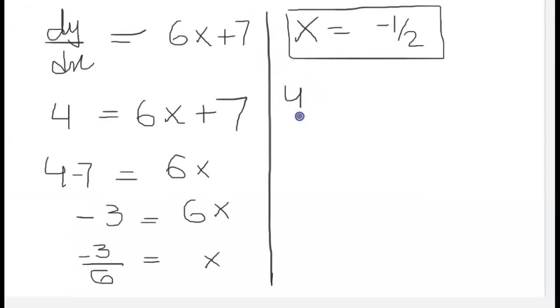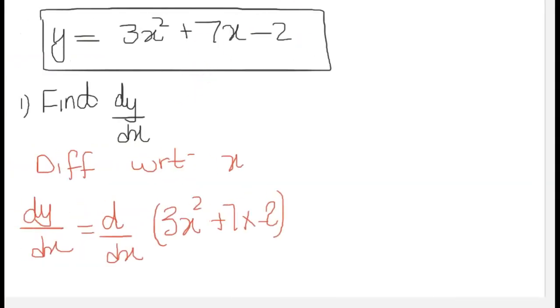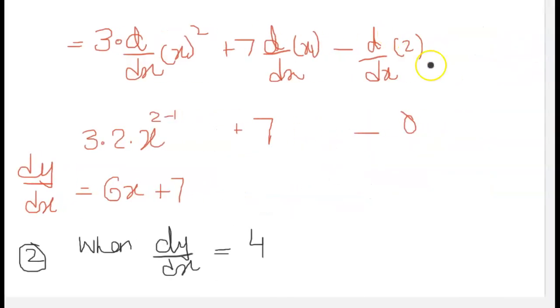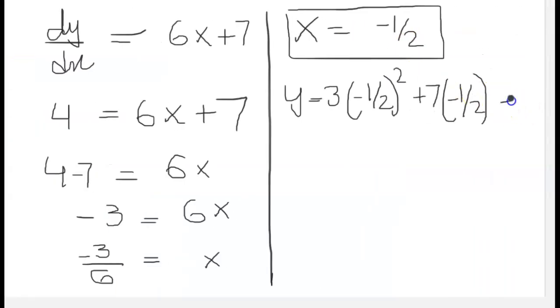So you put y equals 3 times minus half squared, plus 7 times minus half, and then there was a number, minus 2. So when you solve that one, that will become,